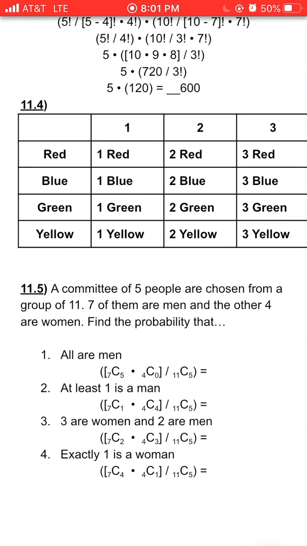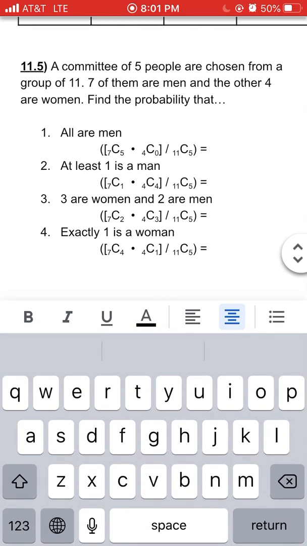A committee of 5 people are chosen from a group of 11. 7 of them are men, and the other 4 are women. Find the probability that all are men. For this one, I didn't bother writing out or typing out all of the